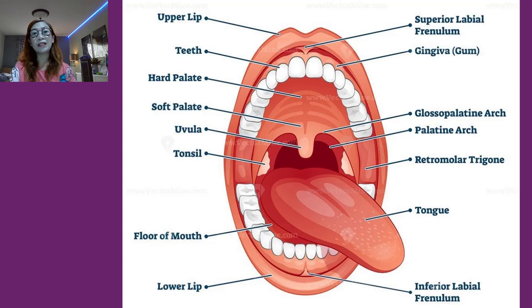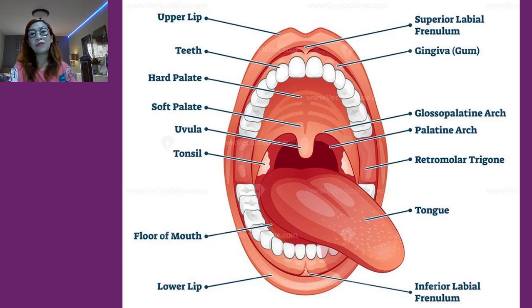The space between the lips and the cheeks externally and the teeth and gums internally is the vestibule. The area contained by the teeth is the oral cavity proper. The muscular tongue occupies the floor of the mouth and has several bony attachments. Two of these are the hyoid bone and the styloid processes of the skull. The lingual frenulum is a fold of mucous membrane that secures the tongue to the floor of the mouth and limits